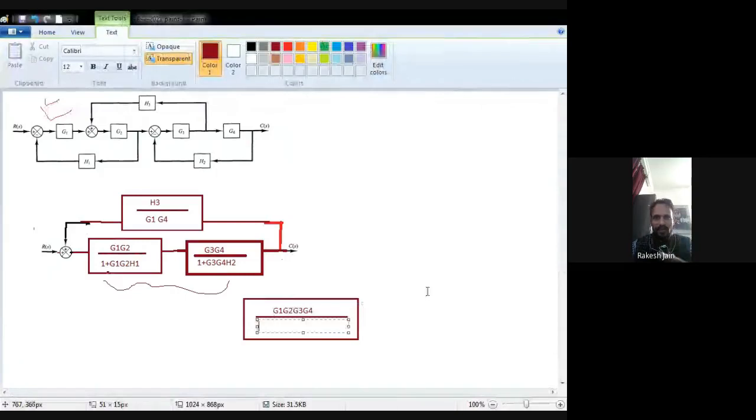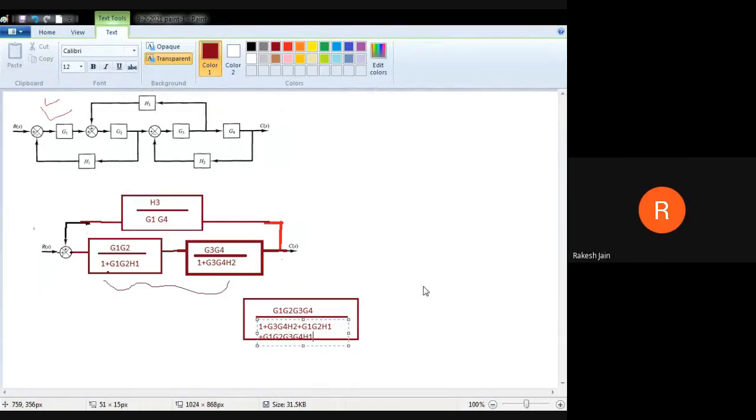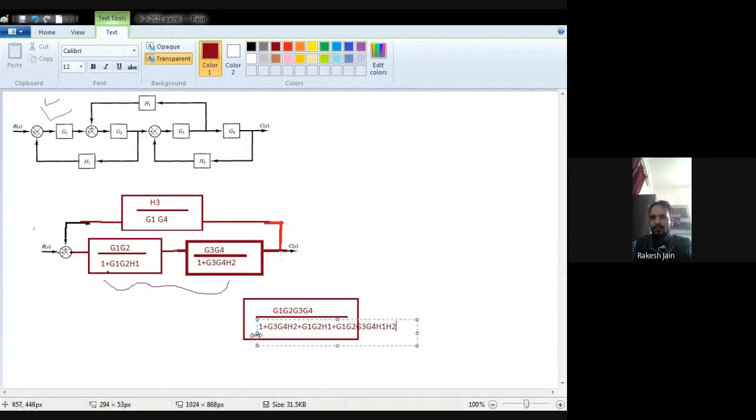Now see, now the diagram is very simple. Now we are going to find out the final answer. Now see the upper three loops. I just shift them a little bit lower. Now see, these three upper blocks are in cascade, 1 by G1, S3 and 1 upon G4. These three are in cascade.